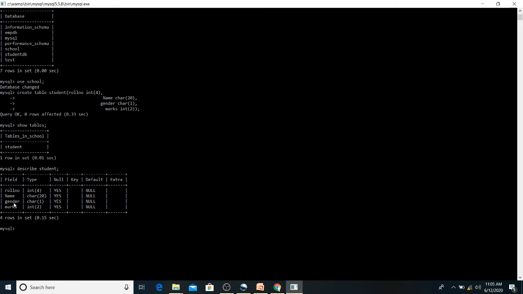So see, there are 4 columns. So I will write the command here, insert into student. See, insert into is a command, student is a table name, and now I have to store values. So I can write here insert into student values. So first column is roll number, so I can write roll number first. Then second column is name, so I can write here name is Raj. Then gender, so Raj is male, so his gender will be M in double quotes, then comma, then I have to write marks. I'm giving marks out of 50, so I can write here 42. So see, there were 4 columns, so roll number I have stored 1, name I have stored Raj, and gender I have stored male, and marks is 42.